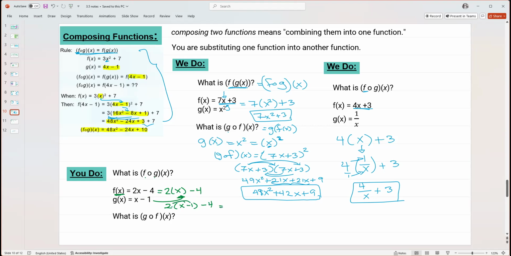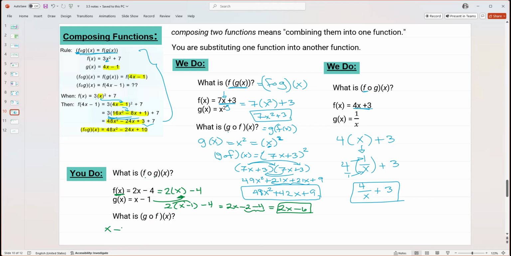So we've got 2 times x is 2x. 2 times negative 1 is negative 2. And then minus 4. One more thing. You can do negative 2 minus 4. So that's 2x minus 6. There's your answer. If you switch it around, so it's g of f of x, starting with your g function,